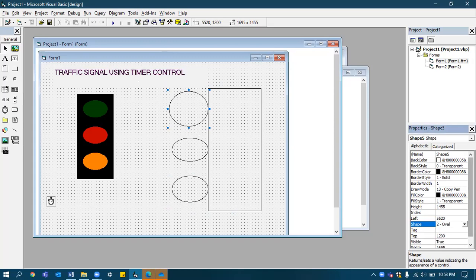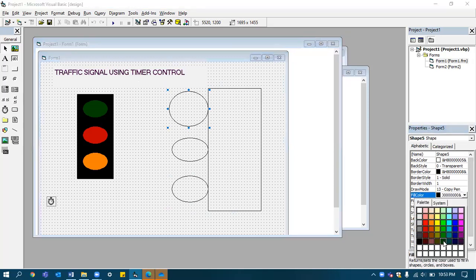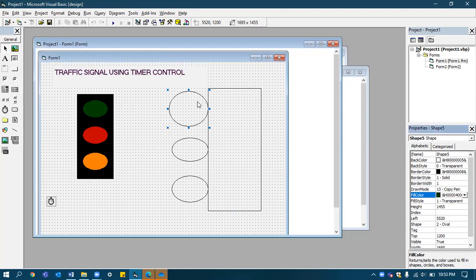As per our exercise, this has to be filled with green color. So you go to fill color and select the green color, and fill style should be solid. Don't select transparent, because transparent means you won't be able to see it. Make the fill style solid, and then you can select the color.